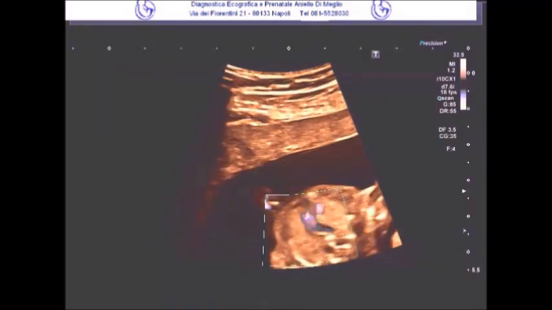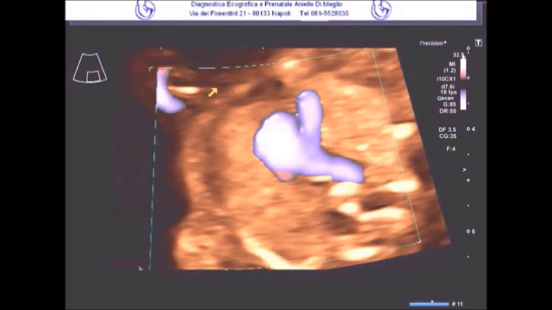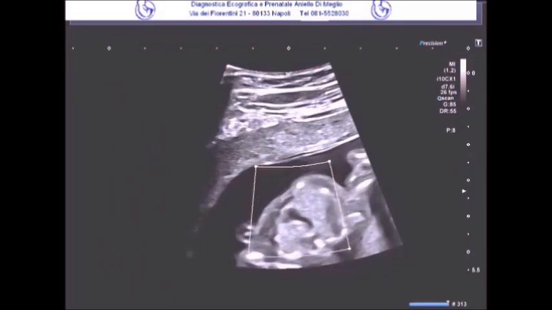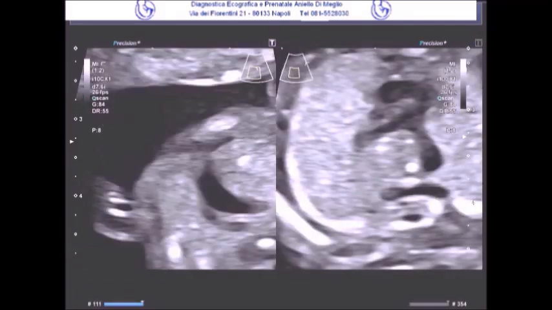Of the three vessels we have just seen and that we will observe in various scans throughout the entire exam, here in this three-vessel view, we can see even more clearly the predominance of the aorta compared to the pulmonary artery. Now we are going to measure the diameter of the latter, and we see that it is about 1 millimeter. And this, in fact, allows us to make a diagnosis of hypoplasia of the pulmonary artery, even if not